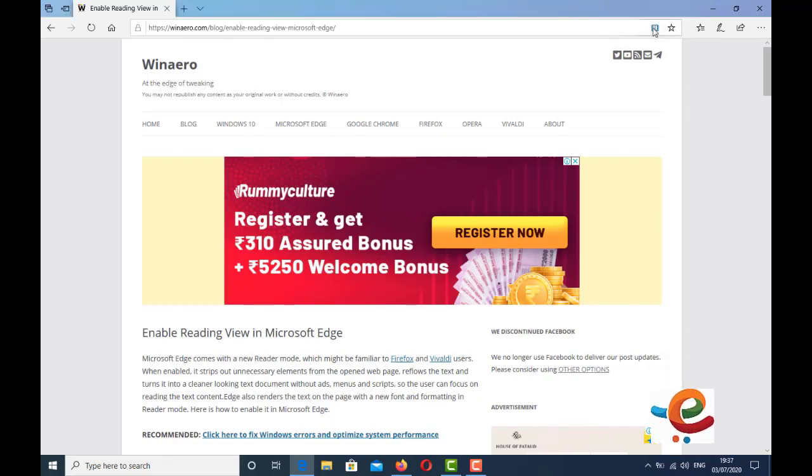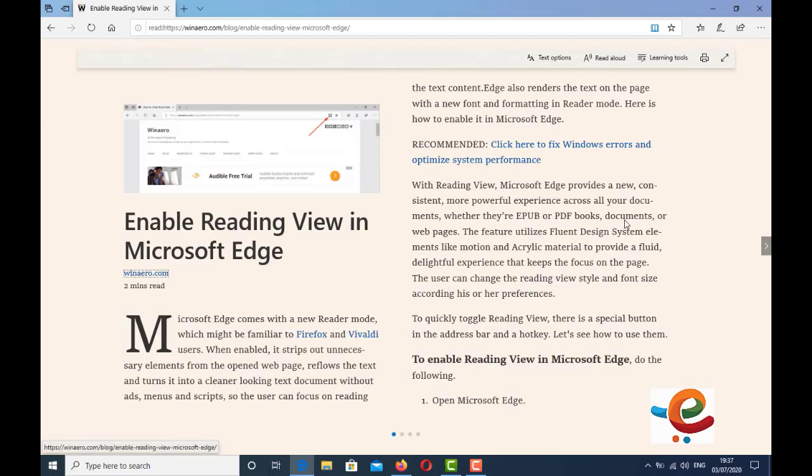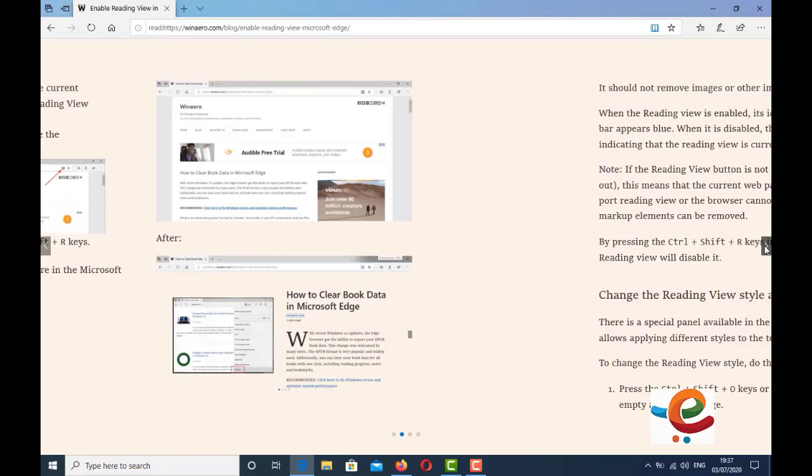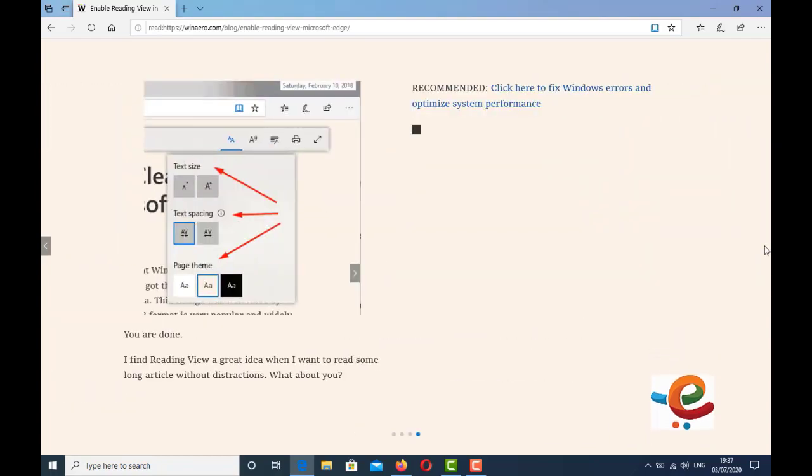Just click on that. Now you can see here is the readable form. Next page, next page, next page.